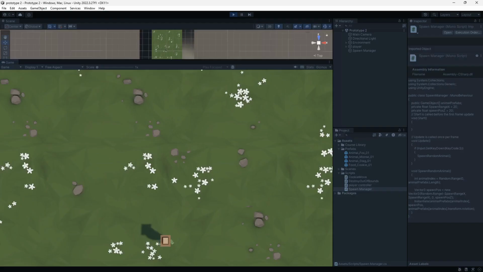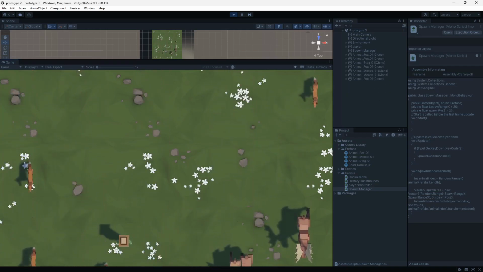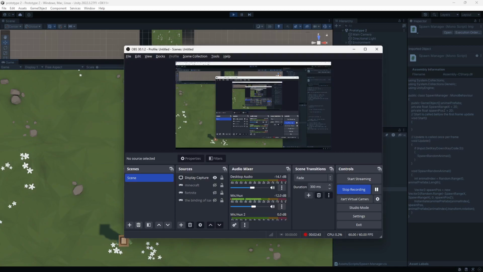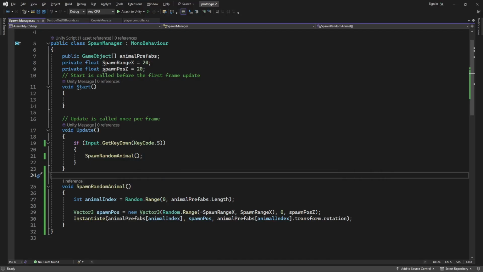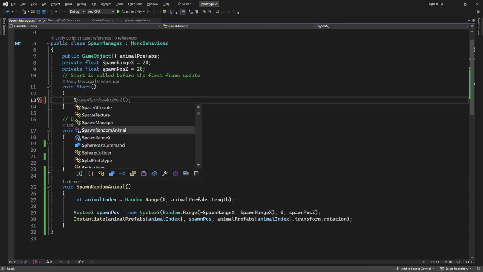Because now it's time to add collision to make the cookies actually do something and to make them spawn randomly on their own. Because currently I'm pressing S to spawn each one of these. Alrighty, time to add those features. Now we're going to get it spawning on its own. So we're going to do spawn